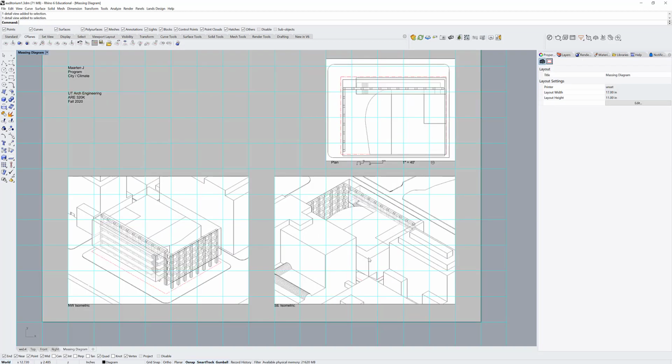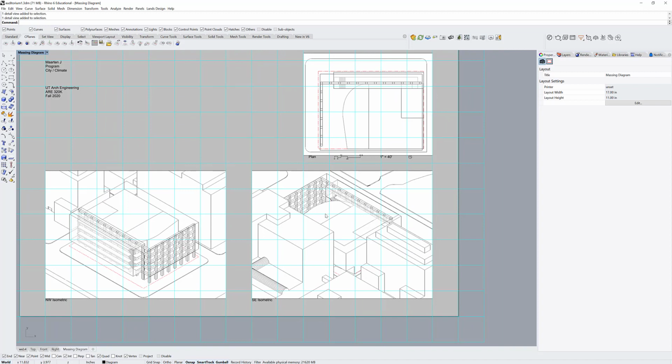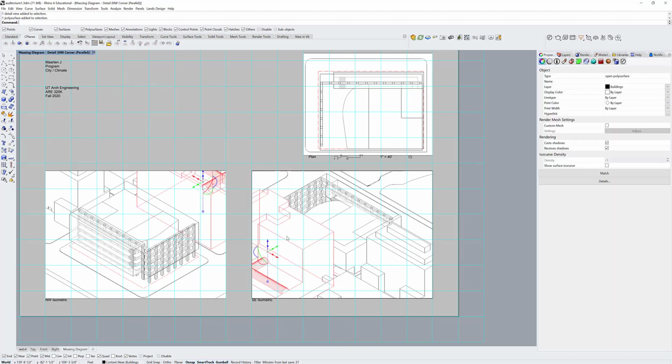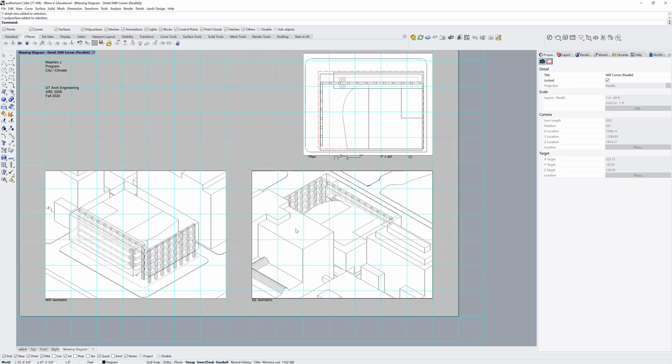Now the view B represents a little bit more of a problem because we can't see all of our building. So what we're going to do here is, if you double click into this view, we're going to use a command called hide in detail. Now we want to hide these buildings,